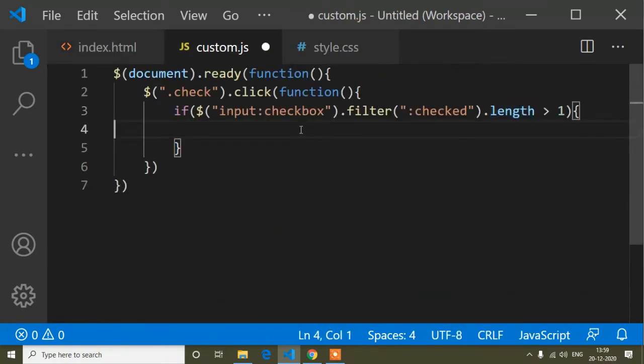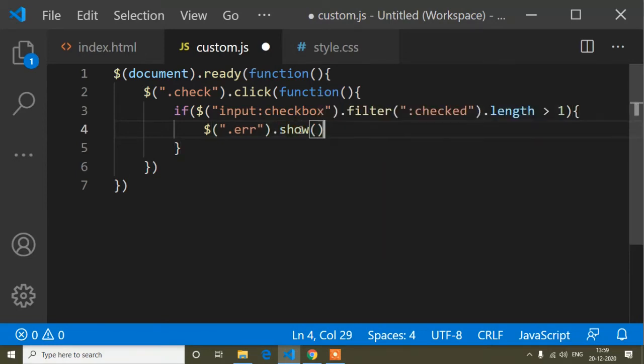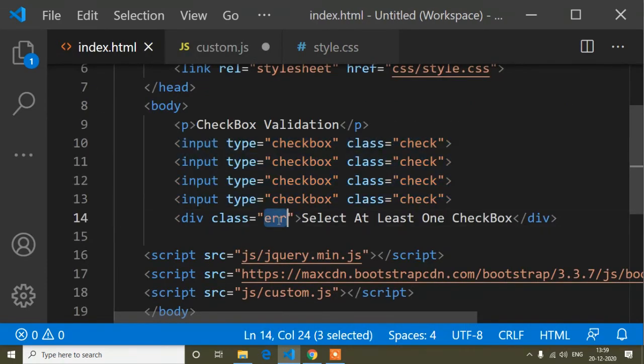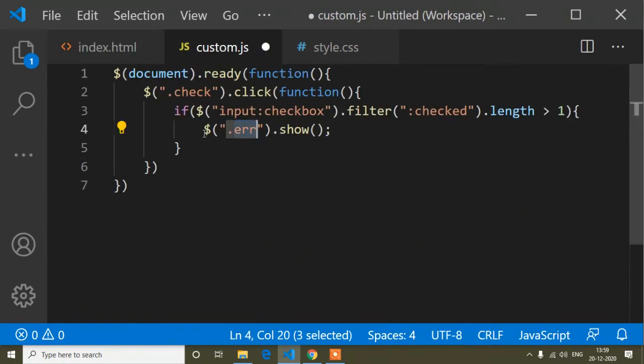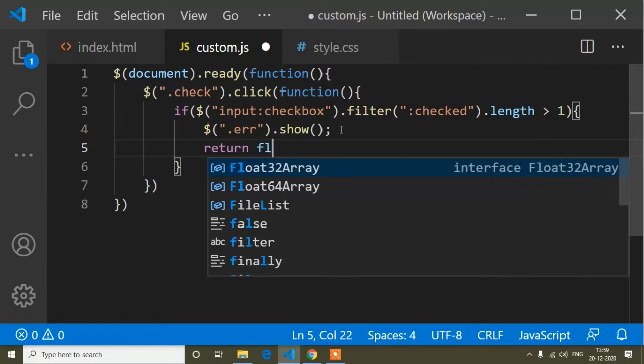So at that time I have to write a condition. I will write it here, that is dot error dot show. Error means this error. Okay, so this error will be shown, and return will be false.